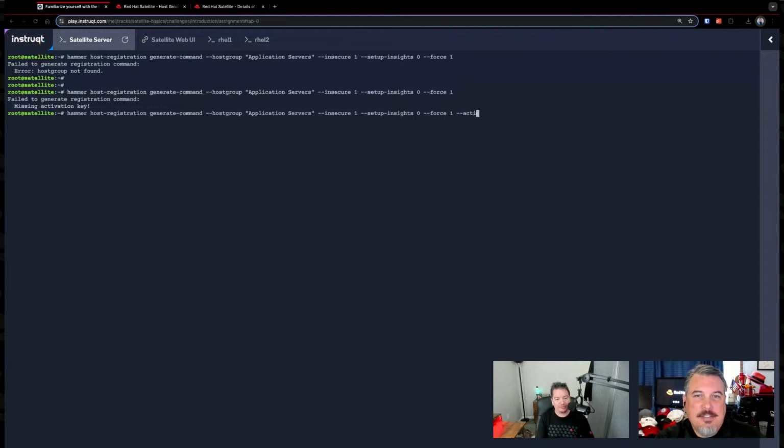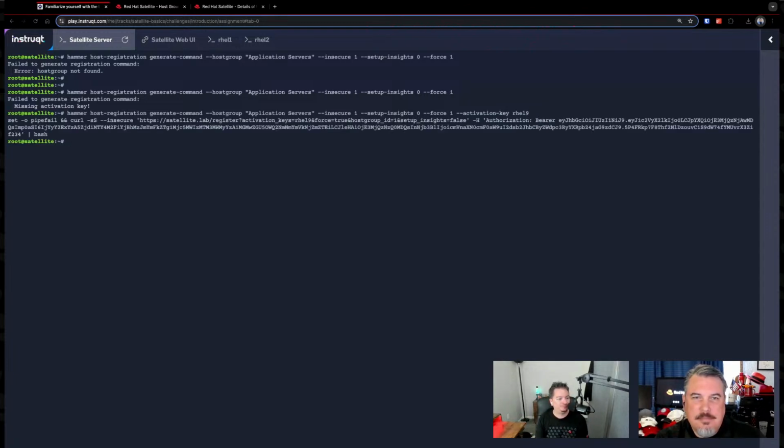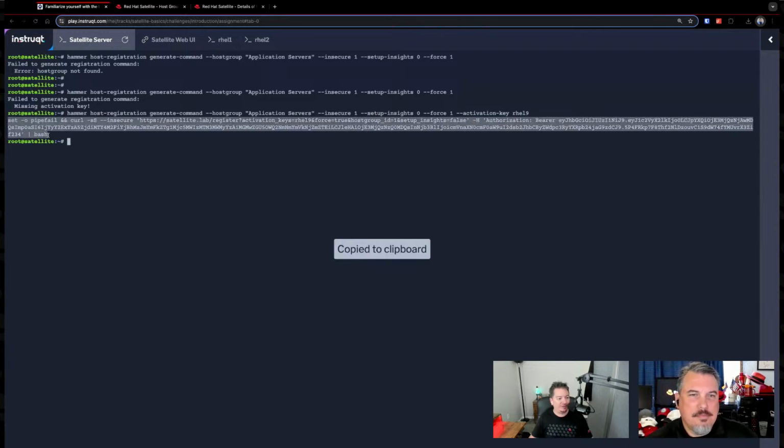So what we're going to do is activation key. Activation key. And we called it what, RHEL 9? I believe that was the name. RHEL 9. Yep. Okay, so this should work. All right, there we go. So it spit out this even more gnarly looking command. But the nice thing is, all you have to do is highlight it, copy it,